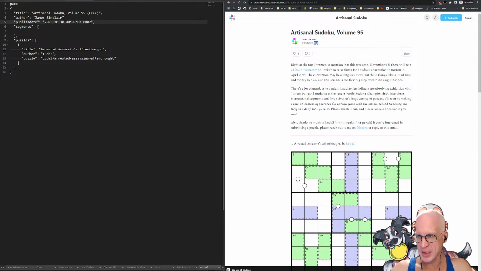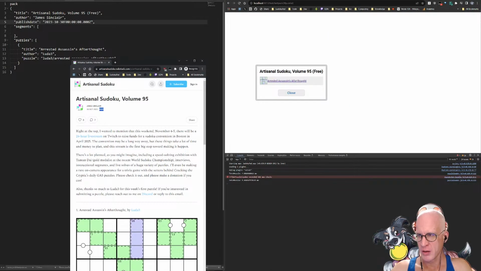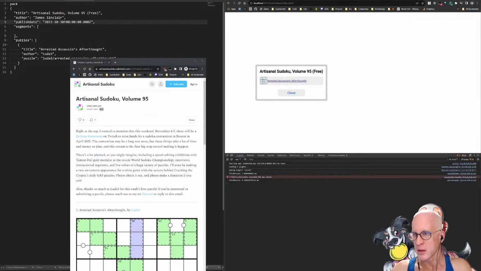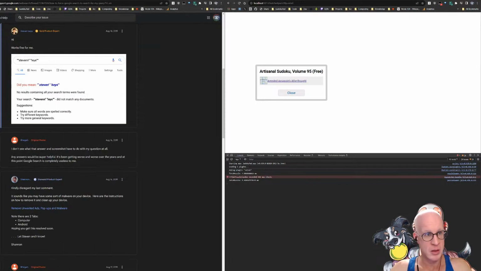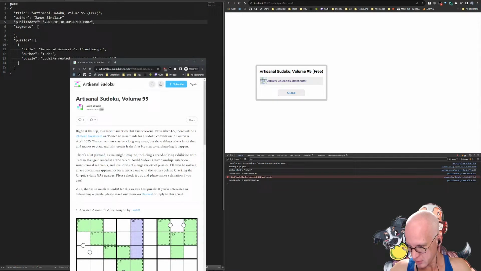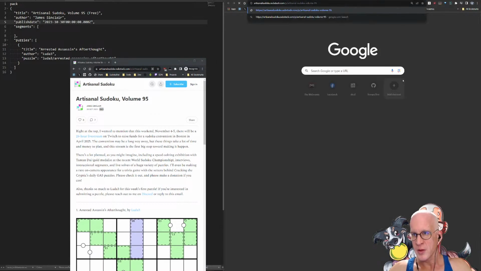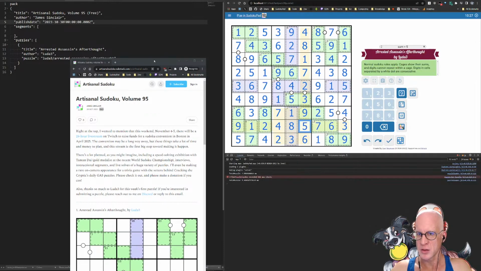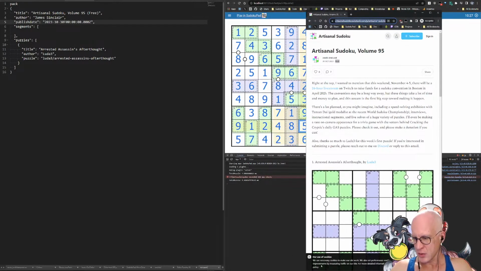It says paid here, but this is the free version. Wait, what does the actual paid version look like? Where do I have it? Go away. I mean, if I open that here, it says paid here. It says paid here as well. All right, so